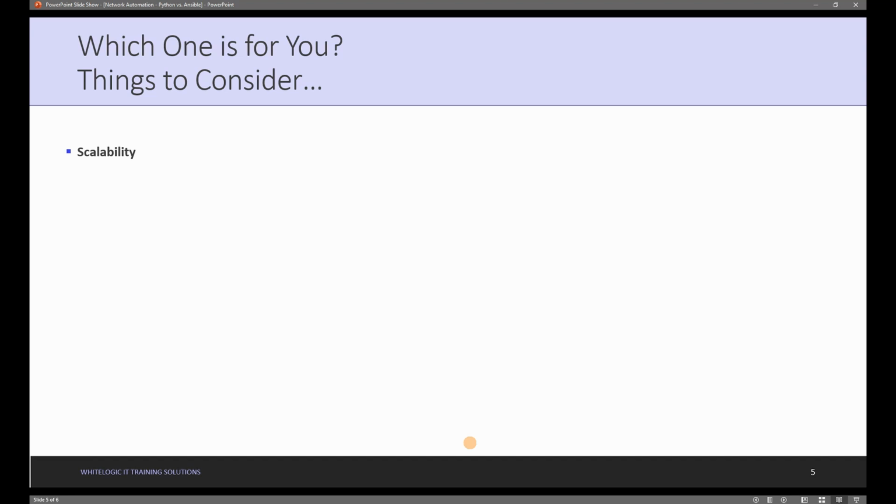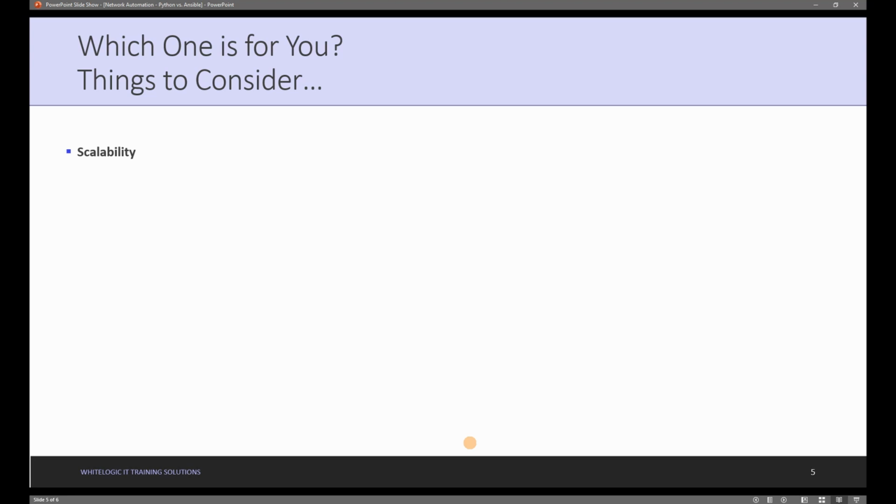Scalability, ang dapat na papasok dyan sa discussion nyo is that how big of a network are we looking at? How many devices do we wanna configure using automation? So, maaaring sapat na si Python. Kung meron kang few developers dyan na gumagamit ng Python, baka pwedeng sila na yung mag-manage ng mga network devices nyo. However, if you're looking at thousands or tens of thousands of devices, siguro, mas dapat mo sigurong explore din